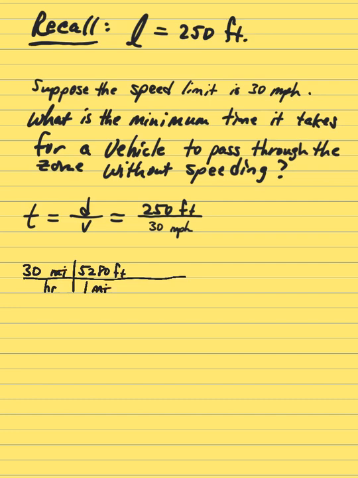That'll cancel our miles. 1 hour has 3,600 seconds, 60 minutes at 60 seconds apiece. 60 times 60 is 3,600. And that'll cancel the hours. And that leaves us in feet per second. 30 times 5280 divided by 3,600 comes out to